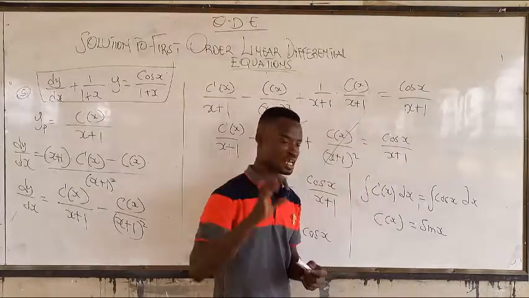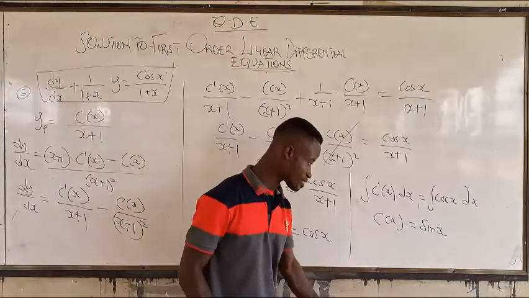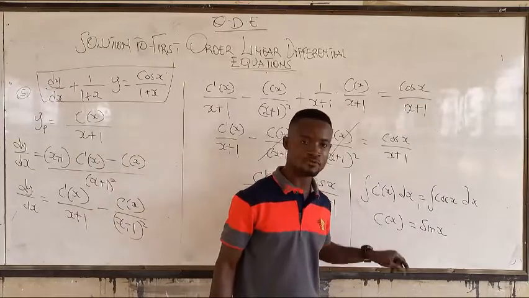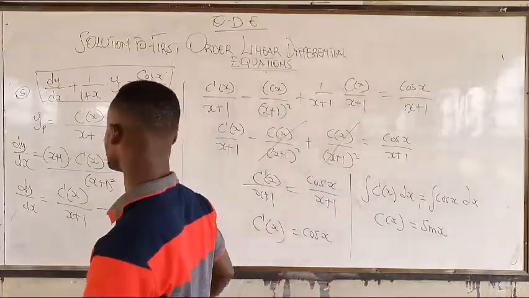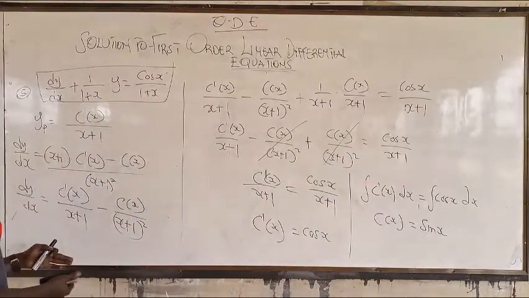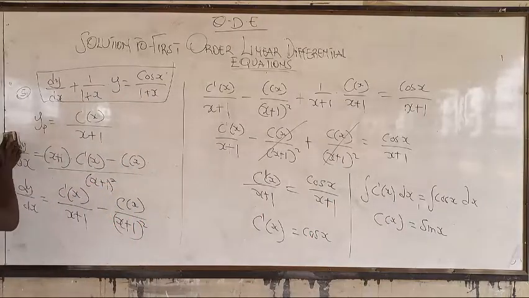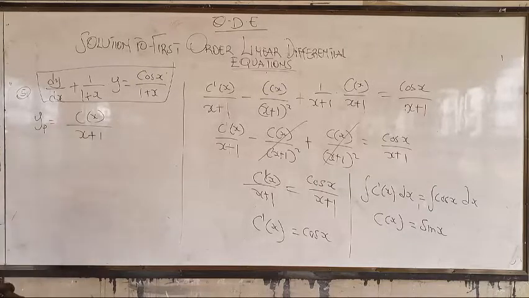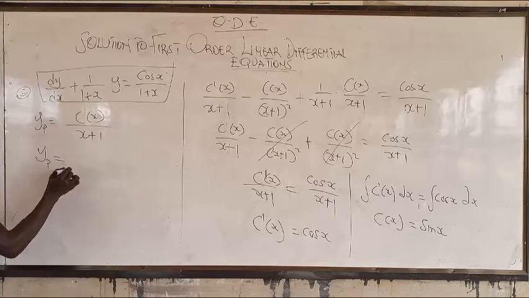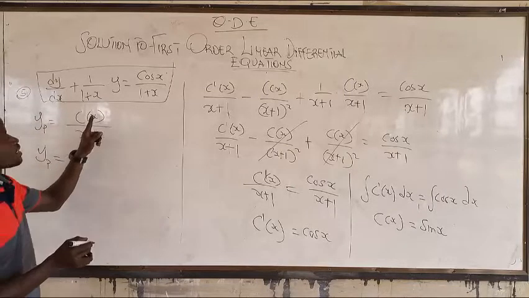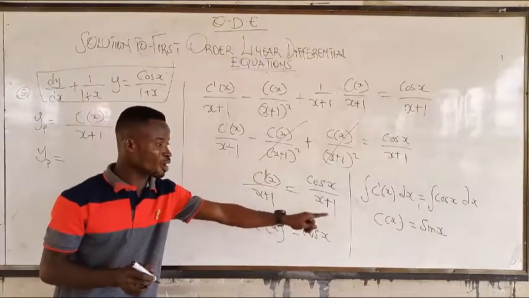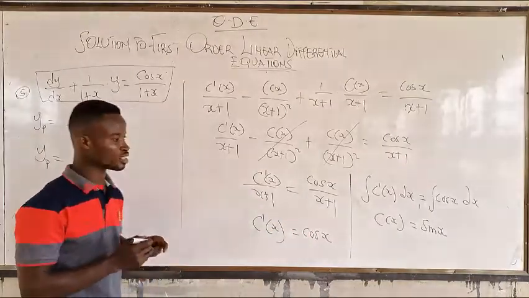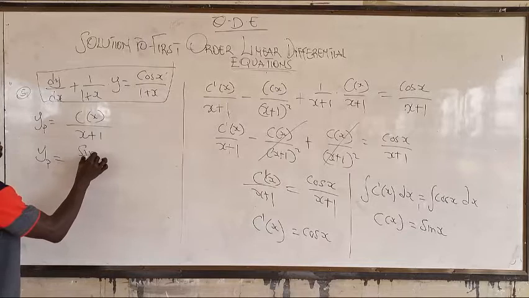Please don't add plus C, you get sin s. So now that you have C of s, you just come back to write the y of p. You are coming back to do the substitution, don't forget. So the C of s is sin x